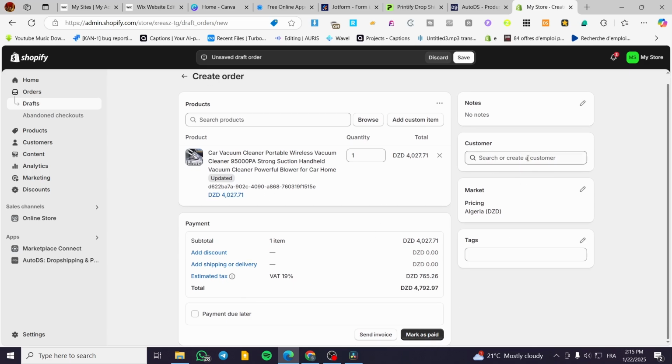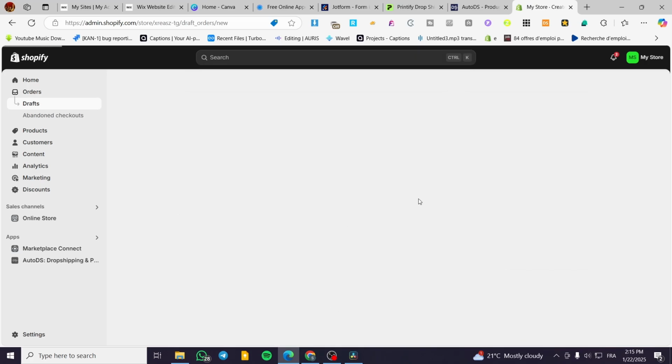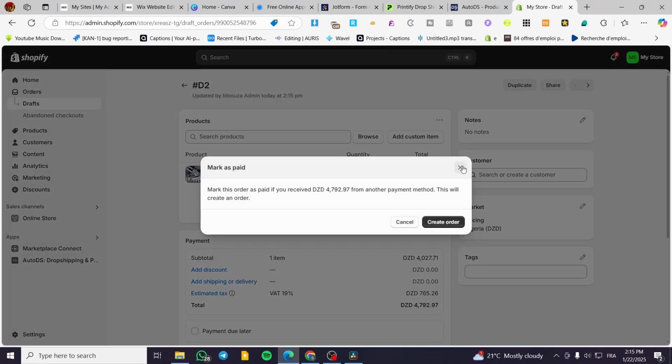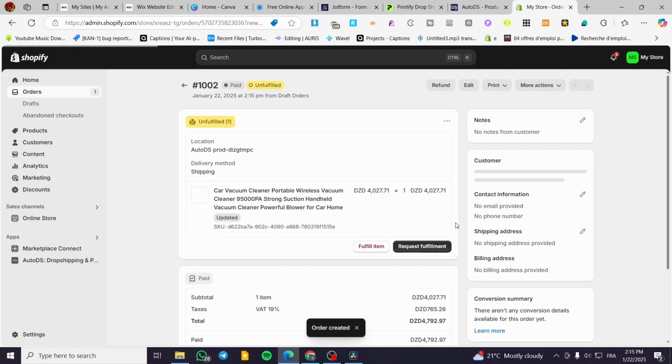So you can add, for example, the customers or create the customer information in here. Basically, if you have received the order from the customers, you're going to see all the information in here. So I'm going to mark it as paid. So now we are going to click on create order. So whenever the product is paid, this step is going to be